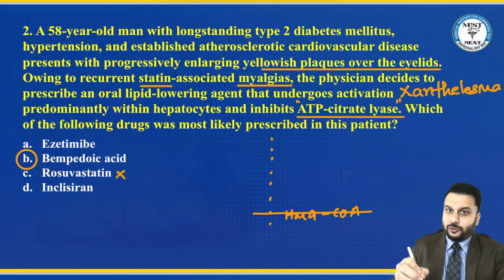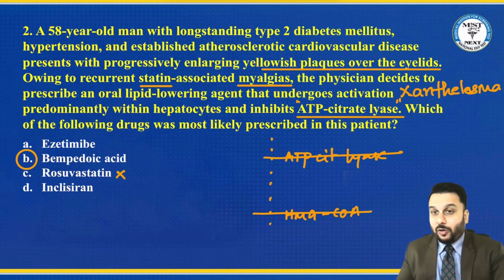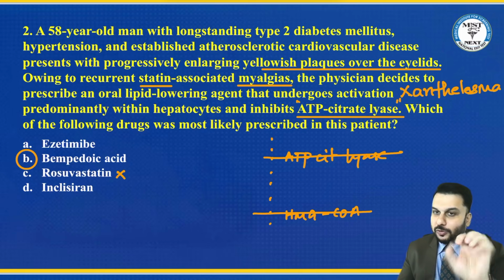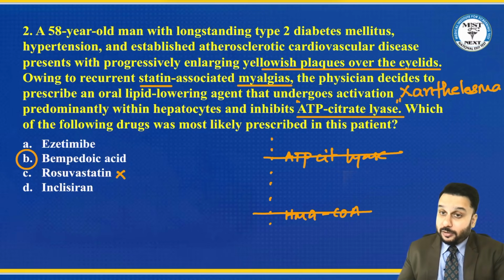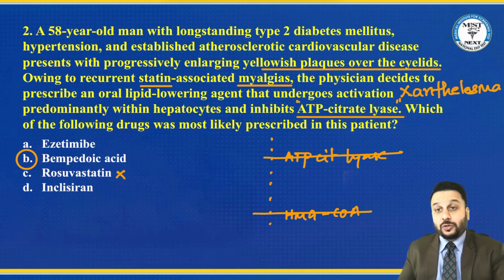In the same cholesterol production, there's one more enzyme called ATP citrate lyase, and that enzyme is blocked by bempedoic acid. So they both work in the same pathway. The only difference is that statins cause a side effect called muscle pain, and this will not cause muscle pain. So this is an important drug. Most likely they might end up asking you this. So the correct answer here is bempedoic acid.